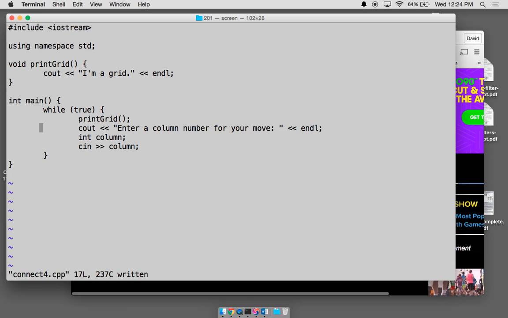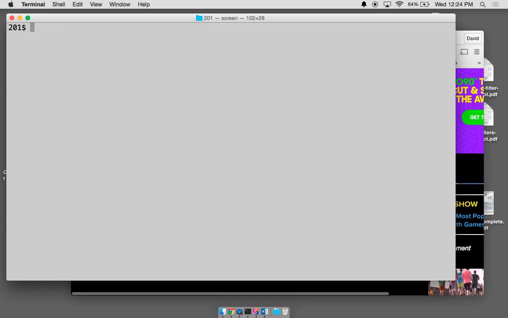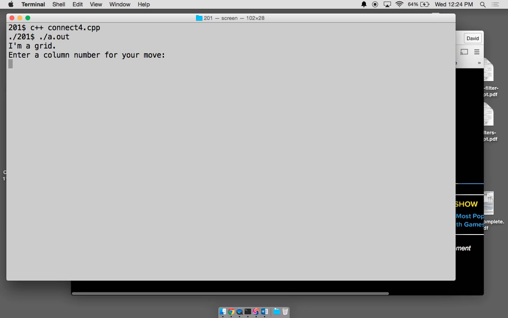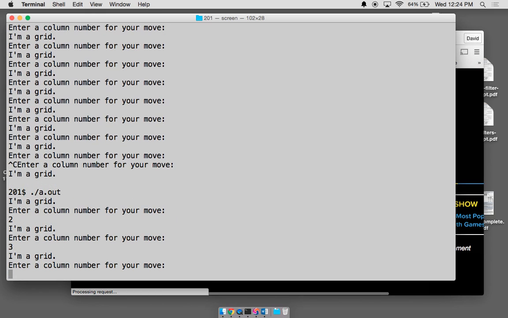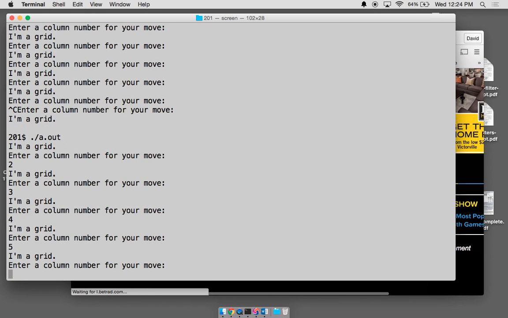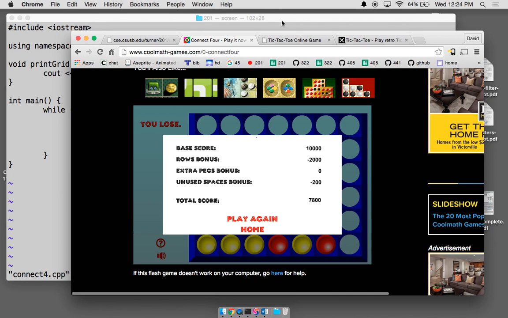So we want this main loop to be as simple as we can make it. There it is. Oops, I went into the infinite loop. Now it's done. All right, so let's think about the grid. Now the grid,